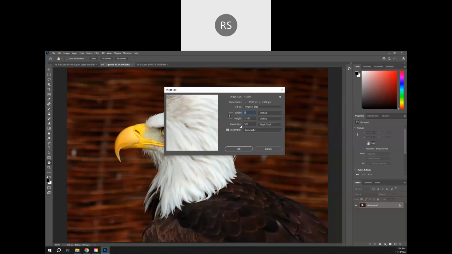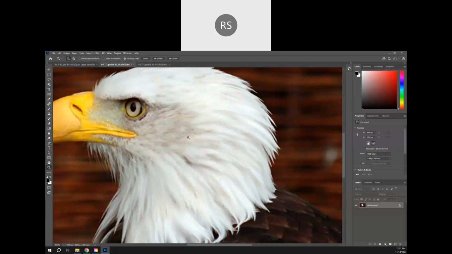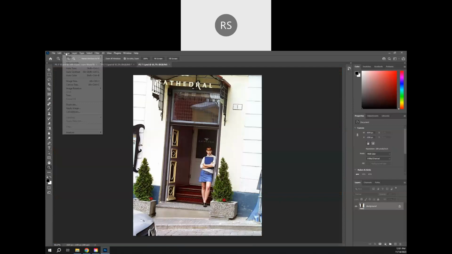Now, image size is related to resolution because anytime you modify a file's image size, that's going to have a direct effect on its resolution. So if I create this image at 300 resolution, it's not going to have that much distortion. If I have an image that has a lower resolution,